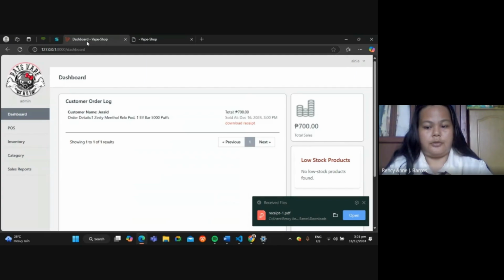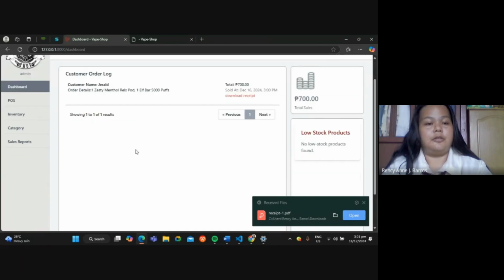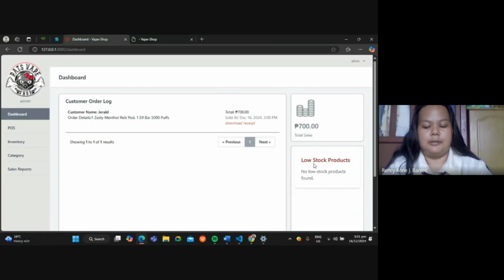The 10th functionality is the low stock alert functionality. The dashboard highlights products with quantities below 5 in a low stock alert section.